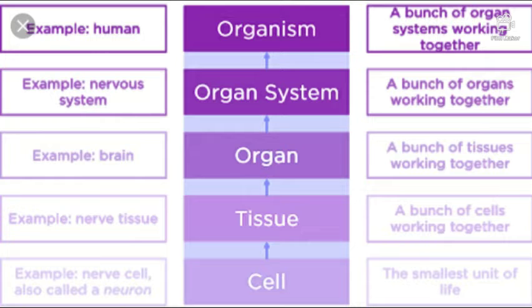So the similar tissues, the tissues that work together, they form an organ. Like we have brain. The bunch of organs working together, coordinating together, form the nervous system, though they form an organ system. And the bunch of organ systems that work together, they form an organism. Like for us it is we are the human beings. So similarly you can observe it in other organisms also.